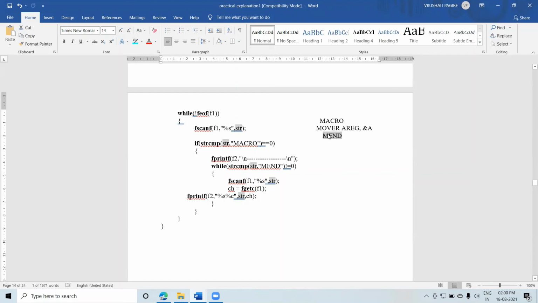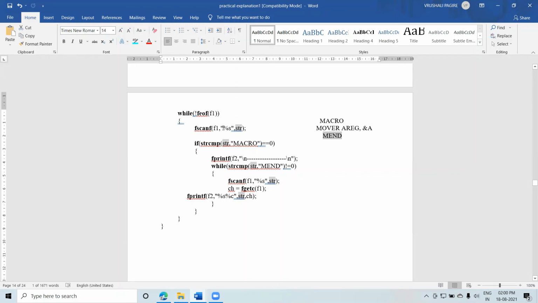Yes, it is MEND. You can see here after displaying this MEND, we have come out of this loop. So it is MEND, then you don't have to enter into the loop, right? So close all the brackets. Go for the next one.